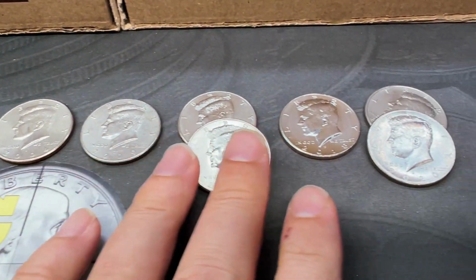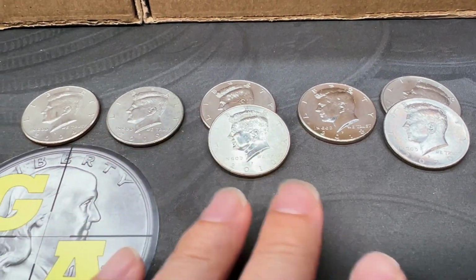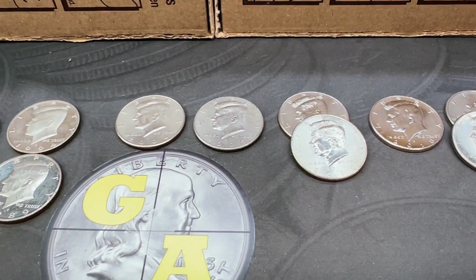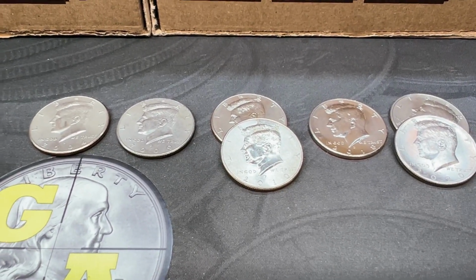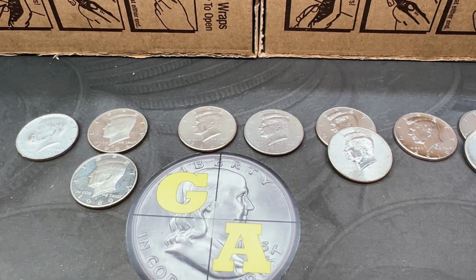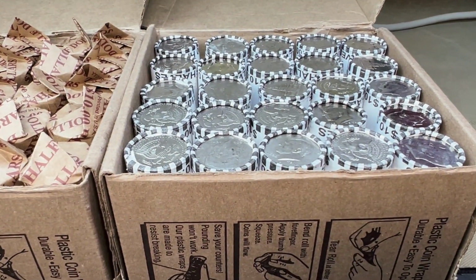Again, if you're new to coin roll hunting, I just pull these because they are not intended for circulation coins. Super low mintage, not released to the banking system, or at least that's what the story is. But they're pretty easy to find in boxes these days. So with that, we're going to go ahead and jump into box number 2 and hopefully find a little silver